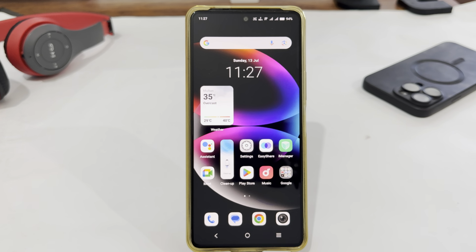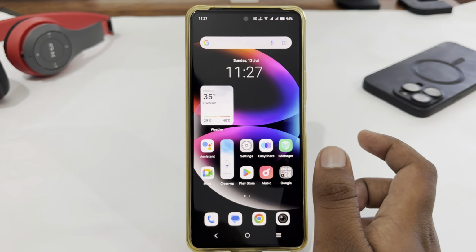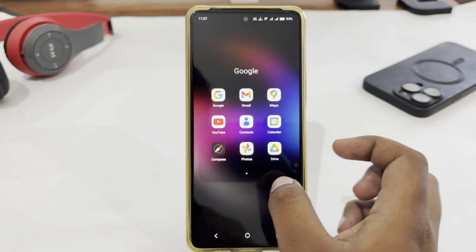So today I'm going to tell you how to stop Android from showing suggested photos on lock screen wallpaper. If you are irritated by photo notifications on your lock screen wallpaper, let's see how you can do this. First, you have to open your settings app, or you can directly open the settings from the lock screen,